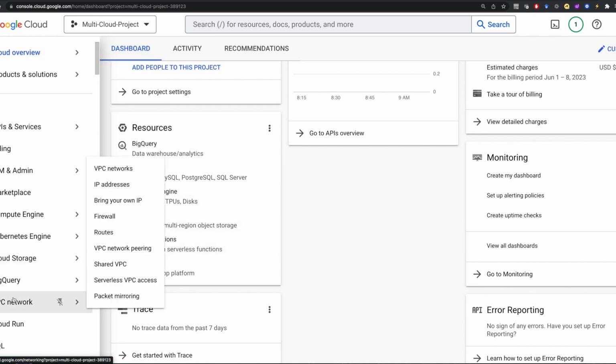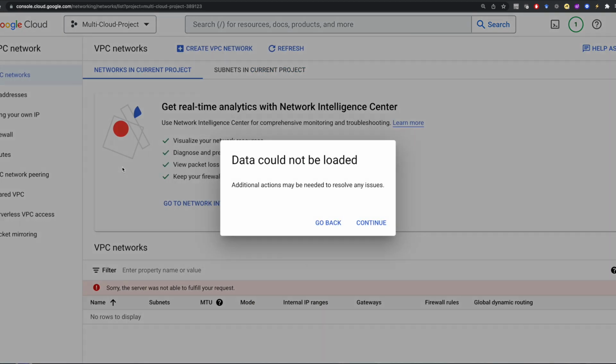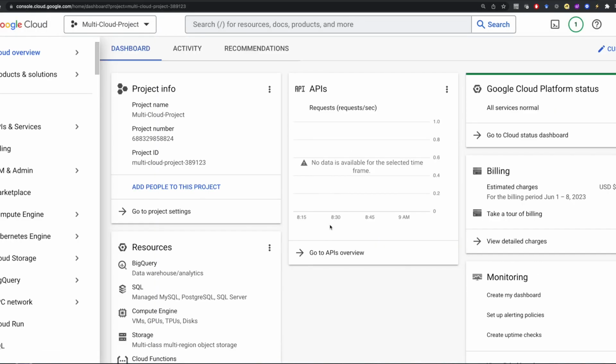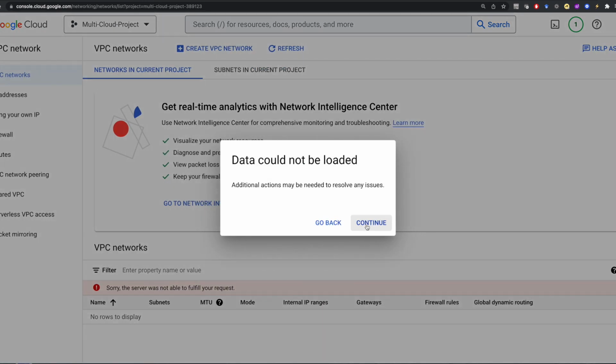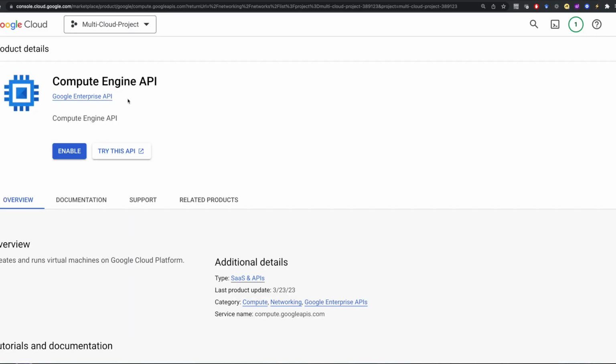What we want to do is go down here to VPC network and go to VPC networks. Now, if you've never done this before, you're going to get this error: data could not be loaded. Additional actions may be needed. So you can just go back and it will take you back to where you started off from. But if you click on that again and go continue, it's going to take you to Compute Engine